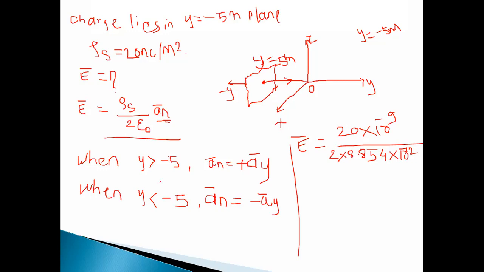So when we are considering y greater than minus 5, we can consider here plus a bar y. So just to find the answer, E bar is equal to